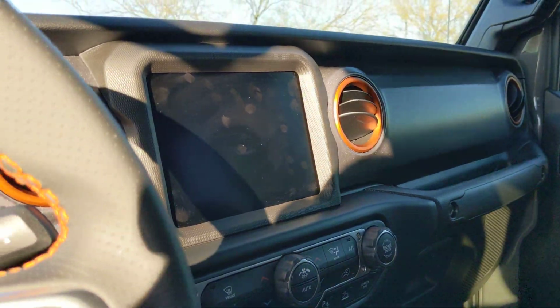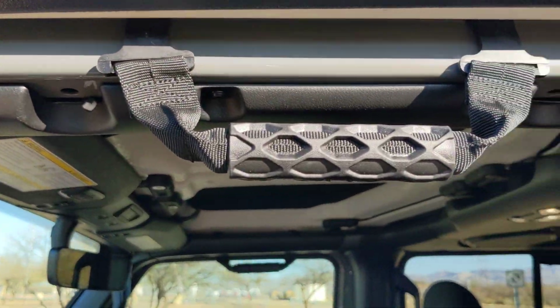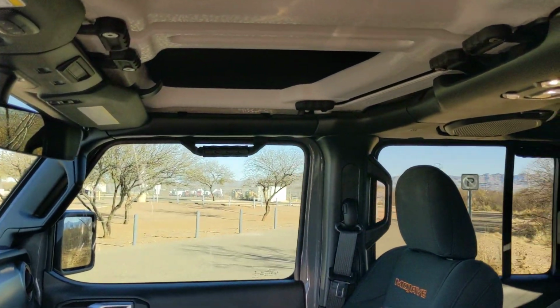You see the interior here is very nice. Got the orange accents again. The theme carries through the inside. The theme with the Mojave is orange. These handles here are something the dealer added. Dealers like to add stuff to charge you more money, but I didn't pay sticker anyway, so